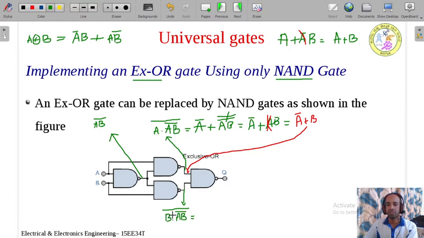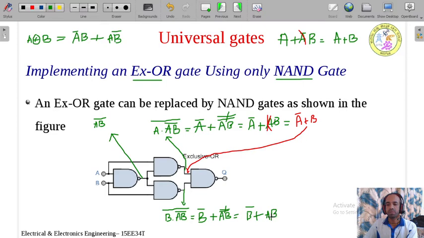So what does it mean? It means that you need to separate the variables and add separate bars, and replace the AND symbol with the OR symbol. So I can write this as, the one variable is B, so B bar. AND function is there, replace this with the OR function. B bar plus AB bar. AB bar is the second variable, along with one more bar here. So that bar you need to add. Now these two bars get cancelled. This becomes B bar plus AB.